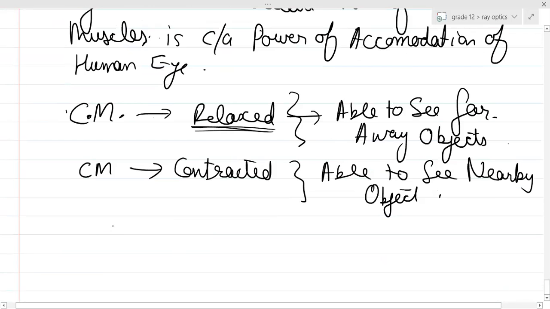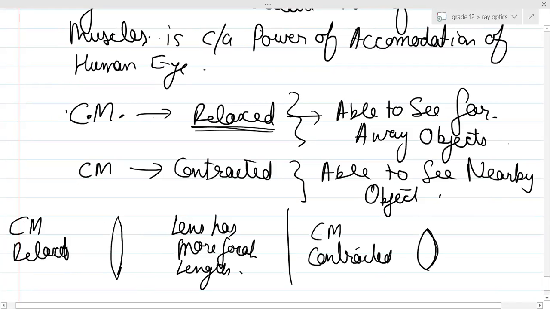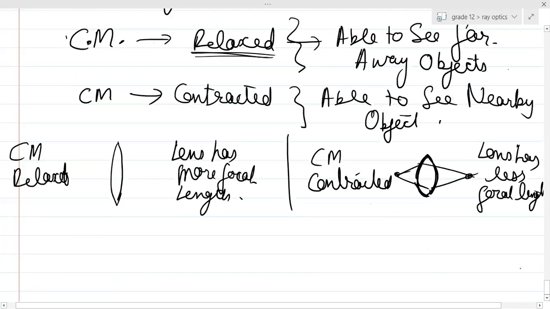When the ciliary muscles are relaxed, the lens has a larger focal length, right? So that's why objects which are far away can form an image over here. Yes or no? And when the ciliary muscles are contracted, the lens becomes smaller in size and thicker. When it becomes thicker, then objects which are near are able to form an image. So the lens has a smaller focal length. You need to remember this a bit. It's related to bio. So anyways,